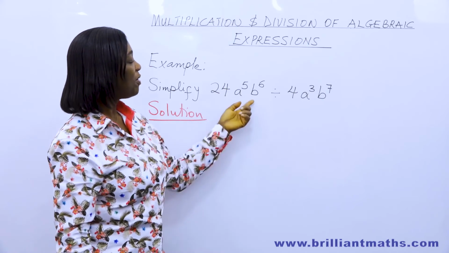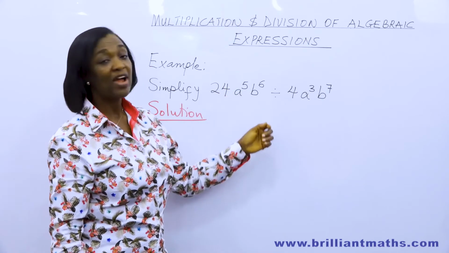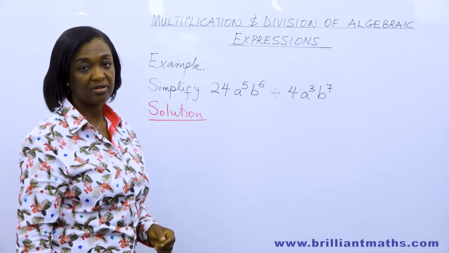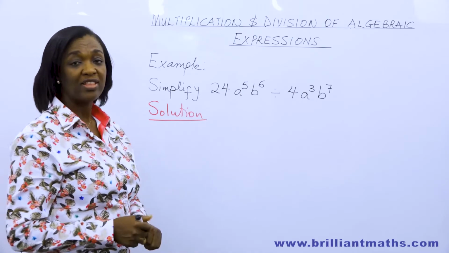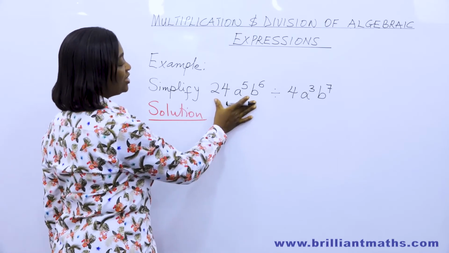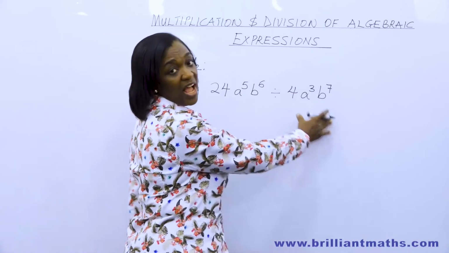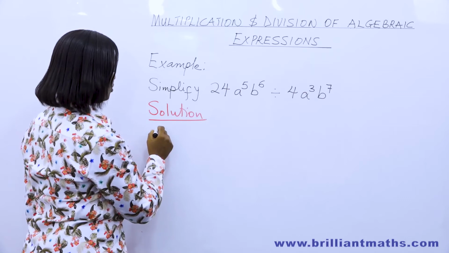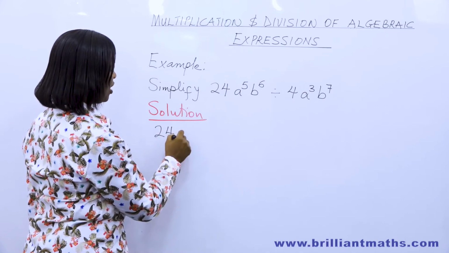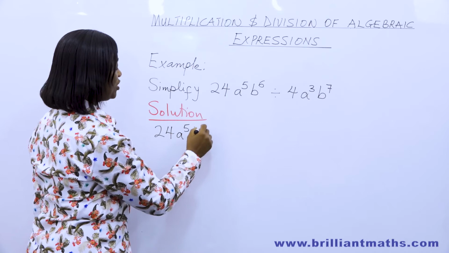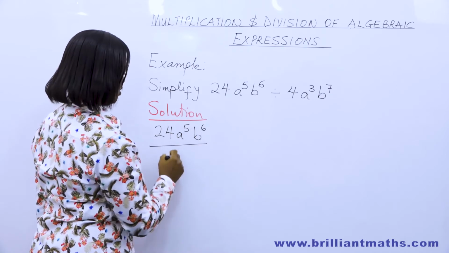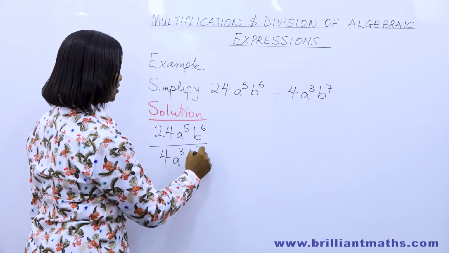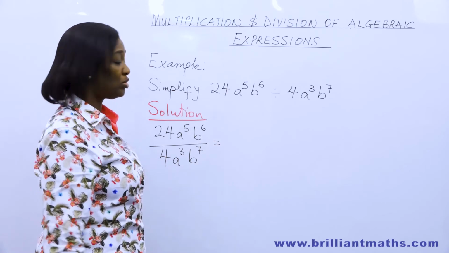So in this example, we want to simplify 24a to the power 5 b to the power 6 divided by 4a to the power 3 b to the power 7. The easiest way is to write this as the numerator and this as the denominator, and then cancel out. So we have 24a to the power 5 b to the power 6 over 4a to the power 3 b to the power 7, and that is equal to